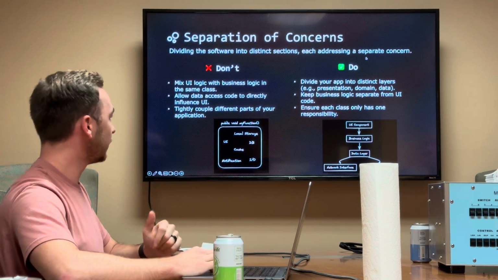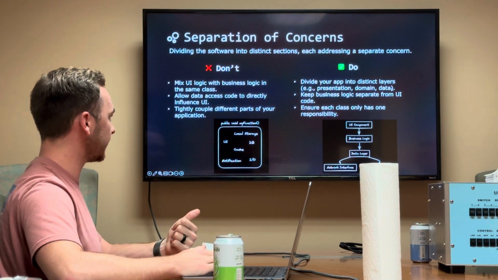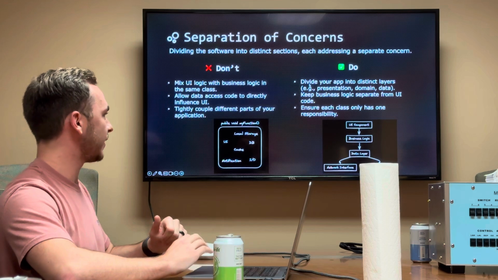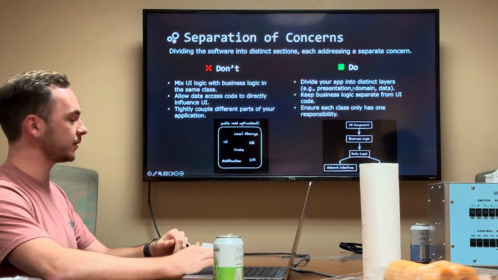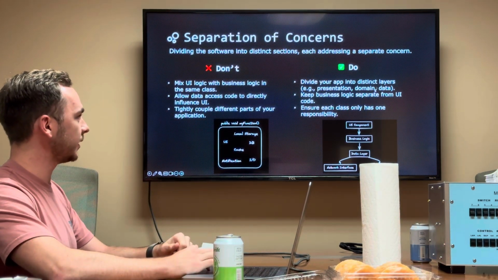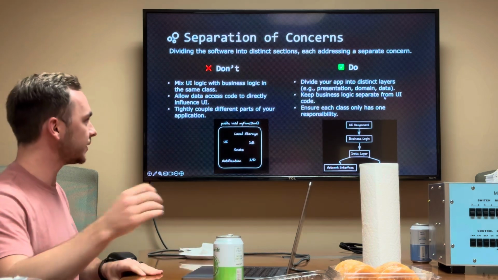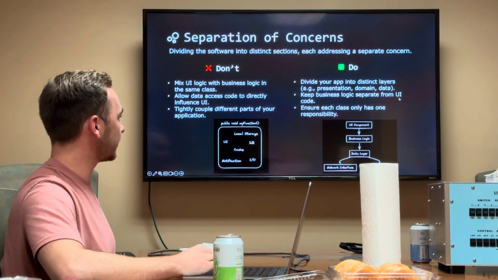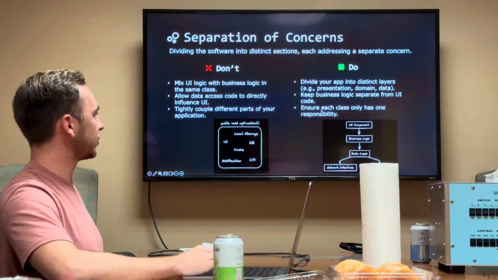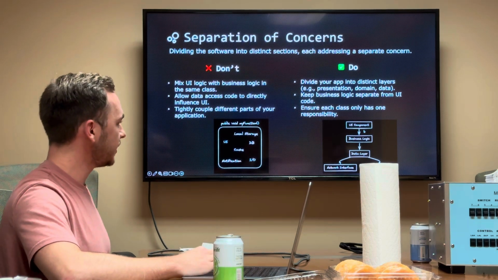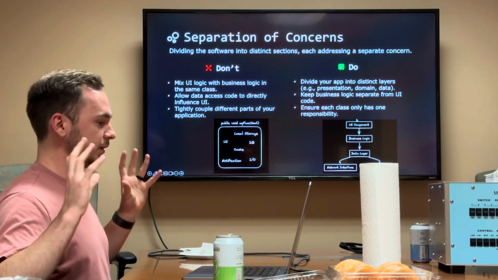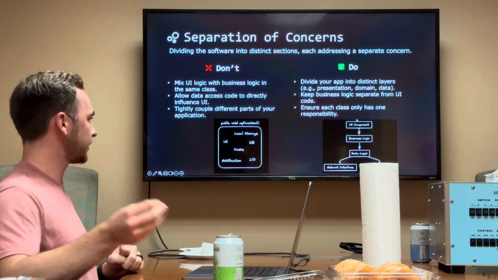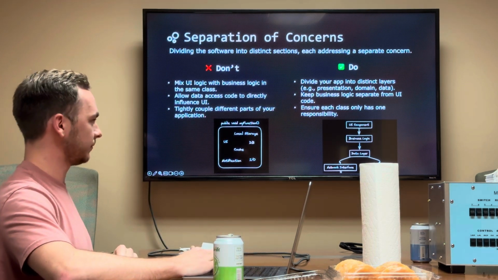On the other hand, we do want to divide our app into distinct layers. We want to maybe consider having a presentation layer that handles just the UI. You can have a domain layer which just handles the business logic, and the data layer that handles specifically connecting to databases. We want to keep business logic separate from UI code, and we want to ensure each class only has one responsibility. And so what this could look like in theory would be that you have the UI on the very top, and the UI directly calls the business logic